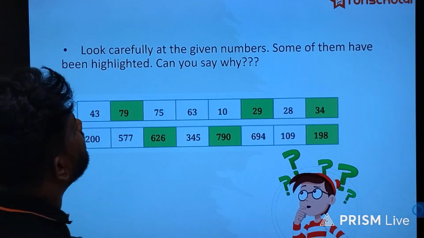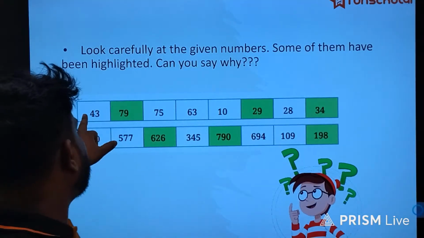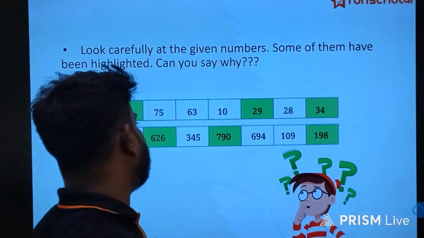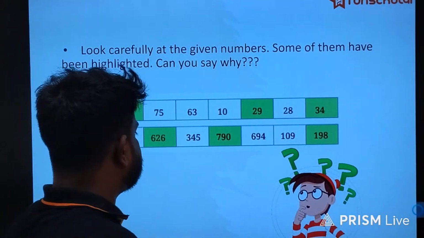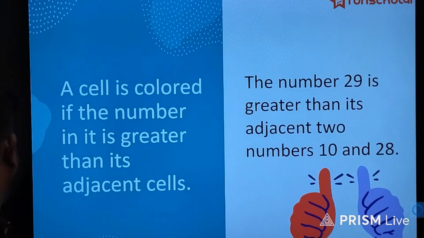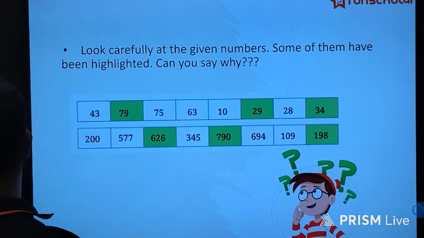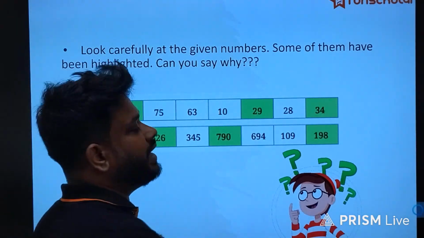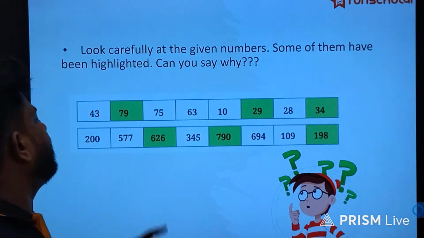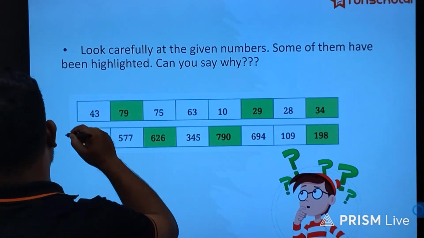Look carefully at the given numbers; some of them have been highlighted. Can you say why? Here we have 43, 79 highlighted, 29 highlighted, 34 highlighted, 626, 790 and 198. From this pattern, what can we tell about why these numbers have been highlighted? 7 and 9 is 16, 9 and 2 is 11, 3 and 4 is 7, 6 and 6 will be 14. So you can see that if we add or count the numbers,